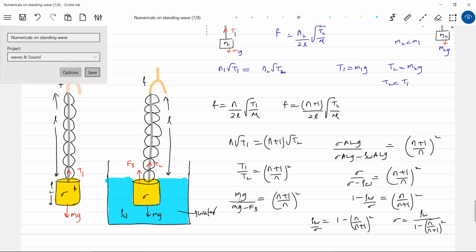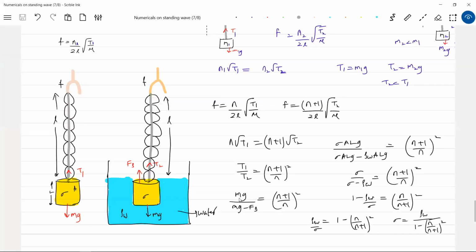Got the idea? So now we have some electronic gadgets. It has become easier. But if you go back 50 years, these are the methods we were using. It's not that easy to get the values. The density of a substance is very important in designing most equipment. So how to predict exactly the density of a material? This is the experiment, because for the error in measuring the number of loops, nobody will say that instead of 8 it is 8.2 loops. Either it should be 7 or it should be 8, that's all. Or it should be 9.